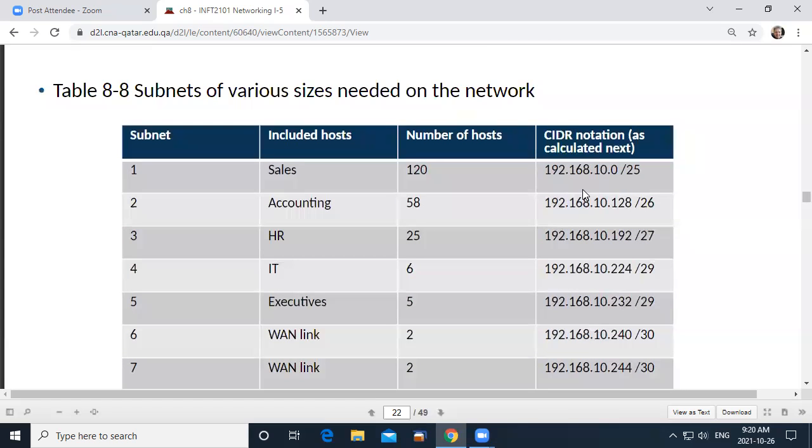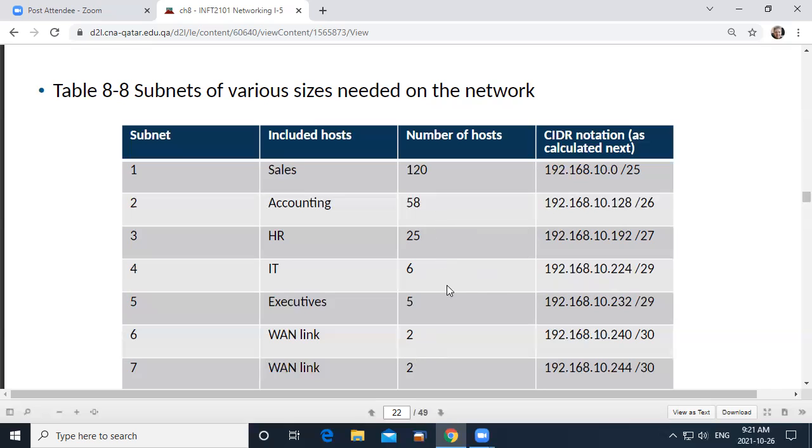And then we say that one part of the network, that's all gone to sales. So we got this other bit here. Oh, but we're going to divide that in half too. That's what we're saying, we're going to take the remainder, divide it in half, and take some number less than 62. Yeah, 58 works. And that's going to go to accounting. And then the half that's left behind, well, we're going to divide it again. And then some number less than 30, 25, it's going to go for HR. And then we're going to divide that again and divide it again, right? And so that's basically what's happening.